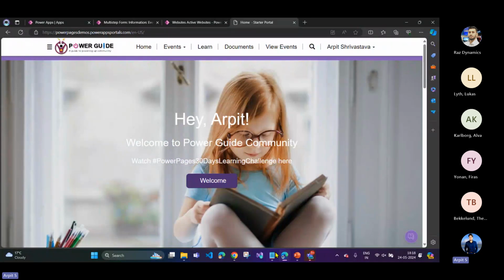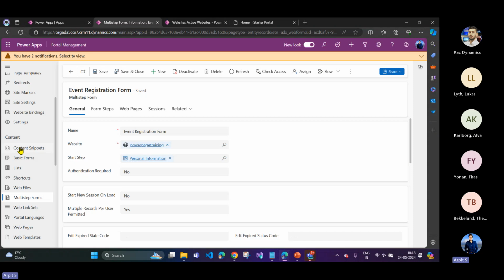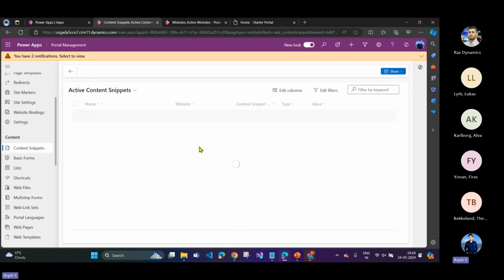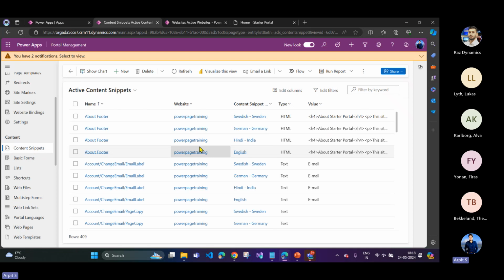So there is a component called content snippet, where you keep all kinds of content. Content snippet has two advantages. The first purpose is if you have to store content, you use it for that. Sometimes you have to use reusable code in the portal. Imagine you are writing code for email validation. Now in this email validation,